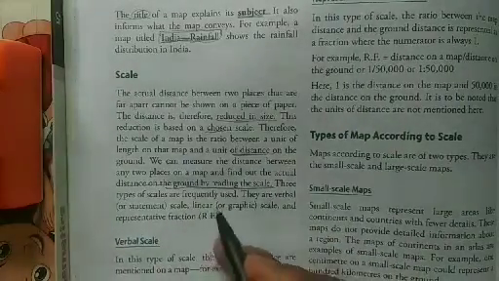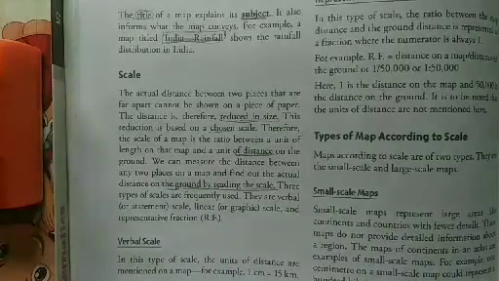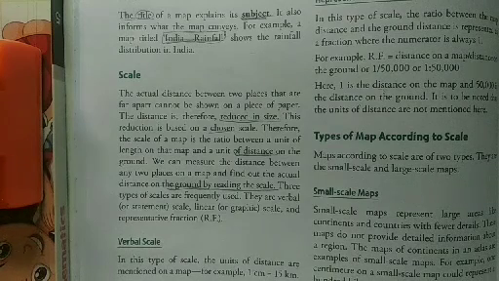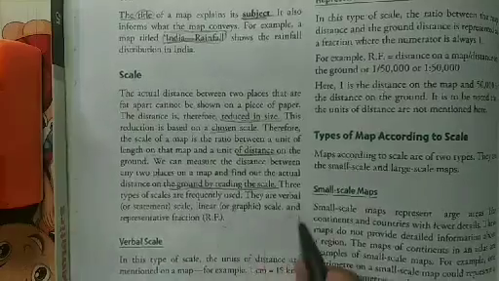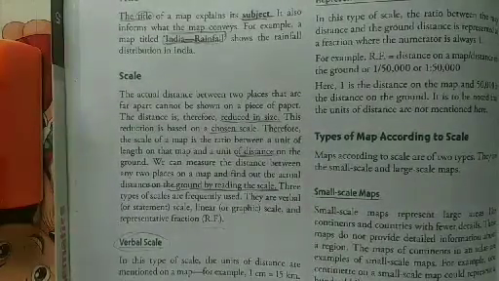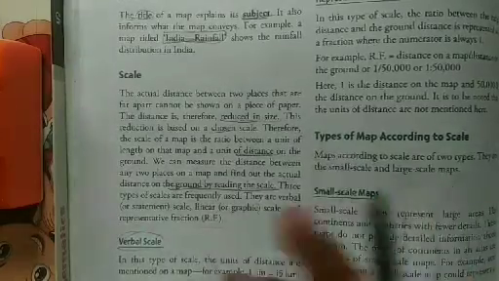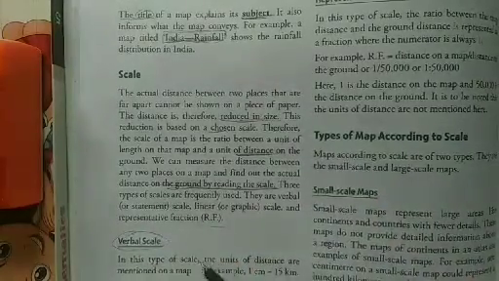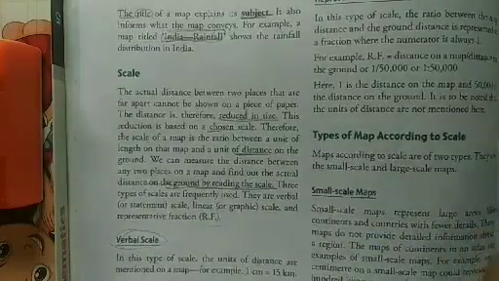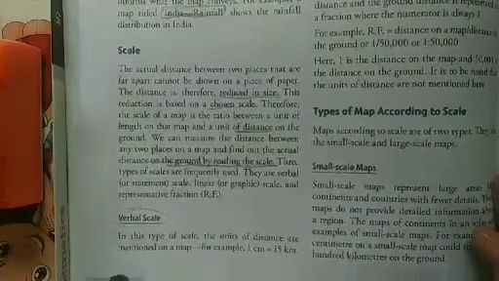Three types of scale are frequently used. They are the verbal or statement scale, the linear or graphic scale, and the representative fraction. These are the three types we use to read a map scale. Map scale is basically the distance given on the map and what it is actually on the ground. So the first